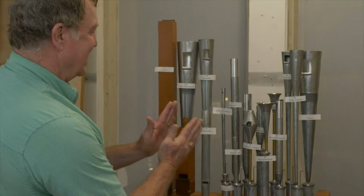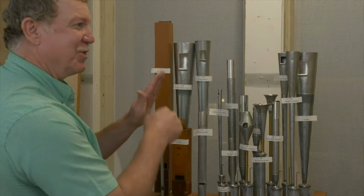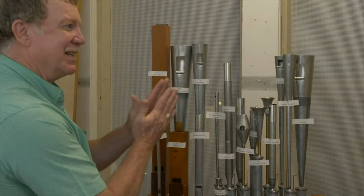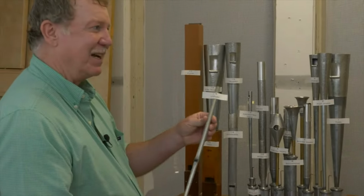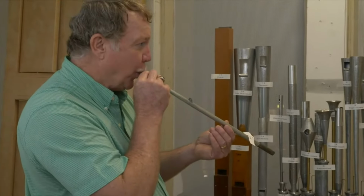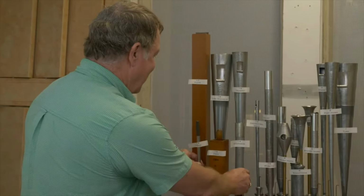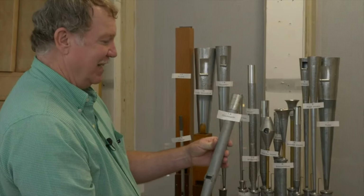Pipes that tend to be real skinny, the air molecules rub against each other, and those create turbulence, and that's the harmonics of the pipe. So a pipe that's real skinny, the sound wave rubs against each other and is going back and forth, and makes a lot of harmonics, a real bright sound. Wow. That's very different. And then a pipe that's wider, the air doesn't rub against it so much, and it makes a